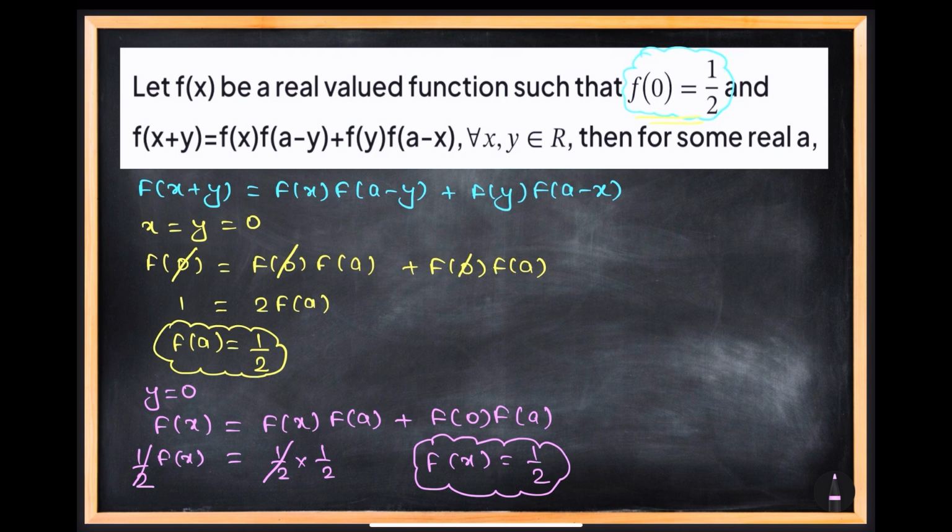Constant functions are periodic, although their fundamental period is not defined, but it is periodic and it's a constant function. I hope you got the idea, you got the approach, and I wish you can connect this idea to some similar kinds of situations as well. Okay,